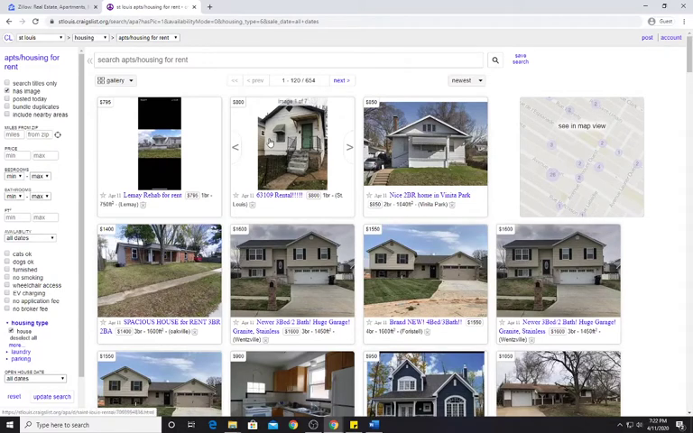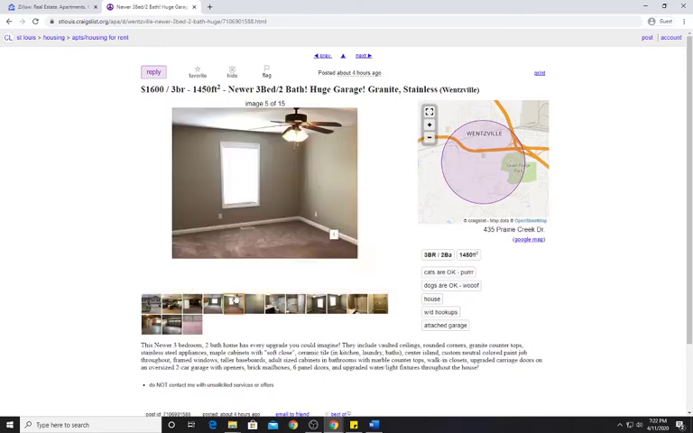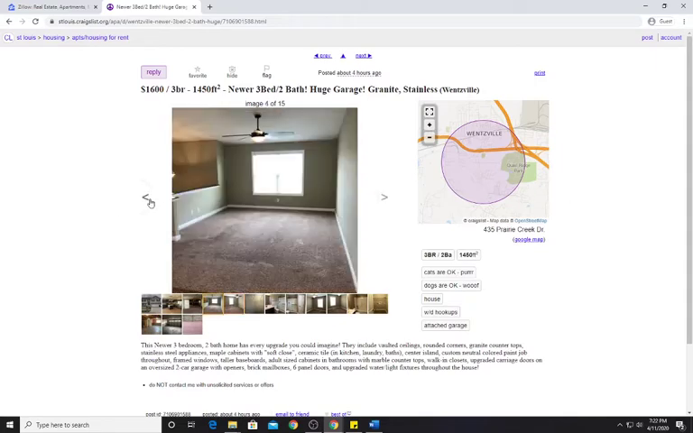Now, as you guys can see, there's a lot of options here of houses. Here's a nice house here. It is for 1,600. It says Newark, 3 bedroom, 2 bath, huge garage, granite, stainless steel, and it's located in Wentzville. Let's go ahead and click through the pictures here. Now it is for 1,600. When it says 1,600 / 3 bedrooms,